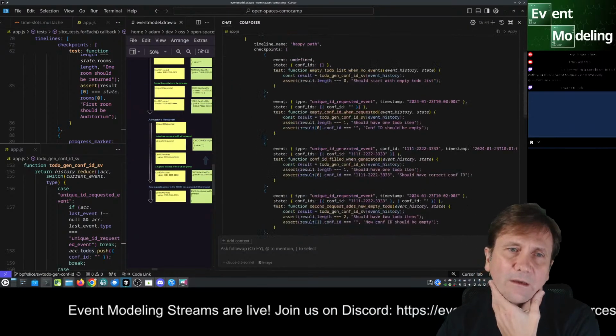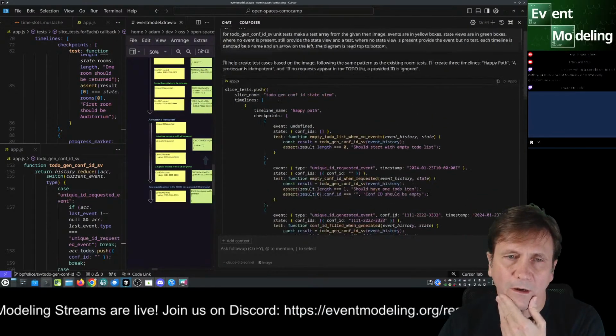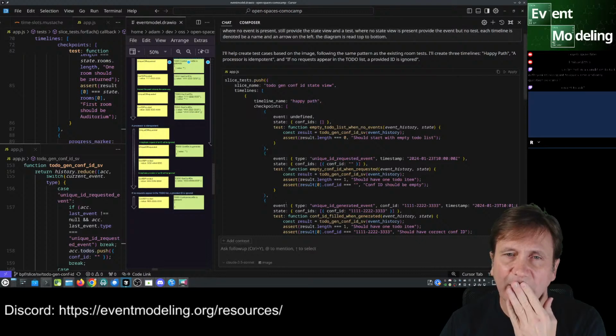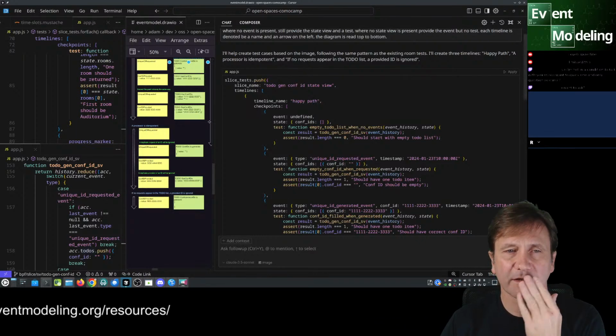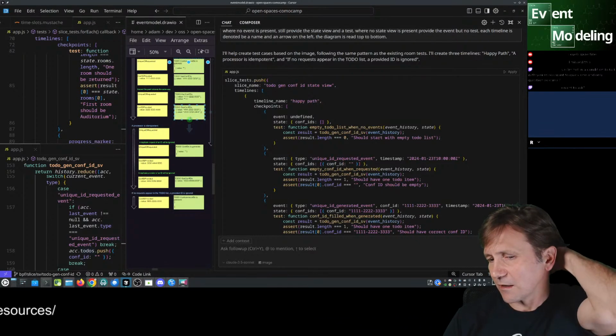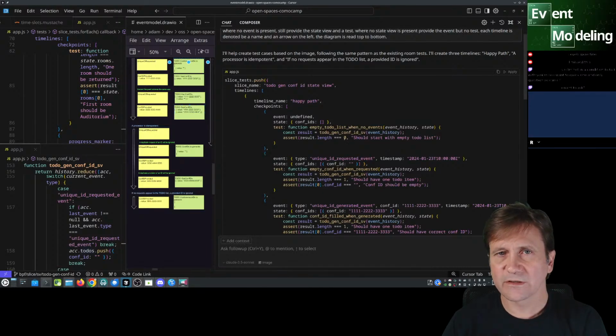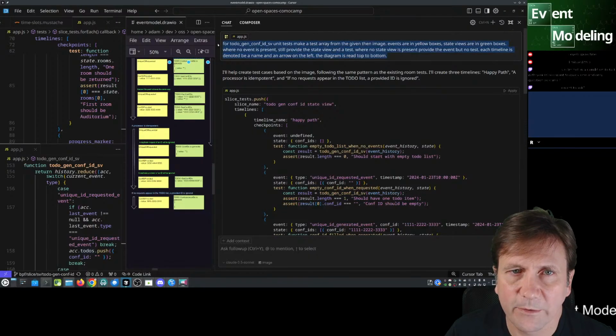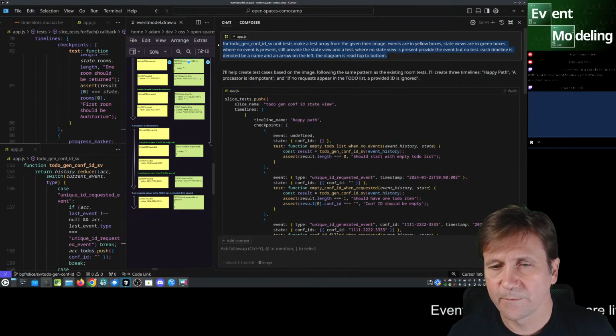So I think if I take this and say make a JSON structure out of this, this will do it. So I'm going to copy this so it's in my clipboard history.